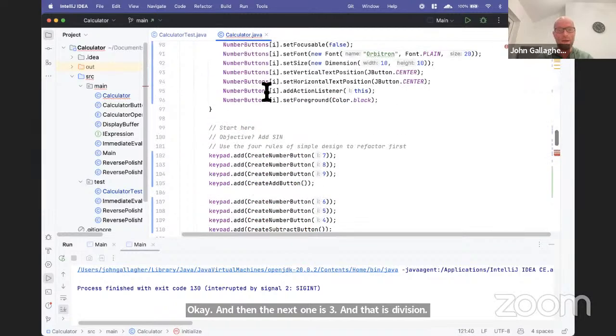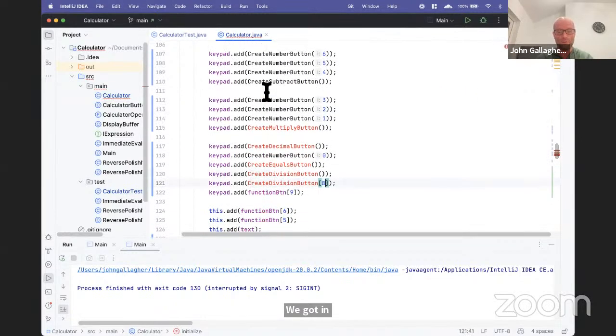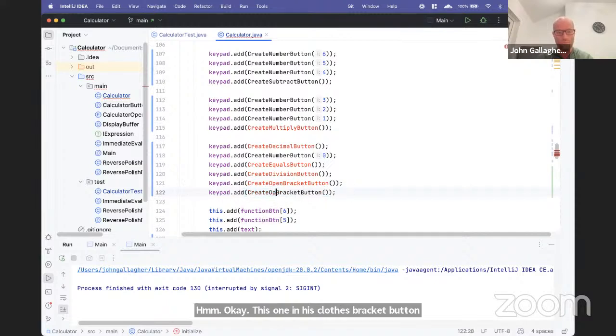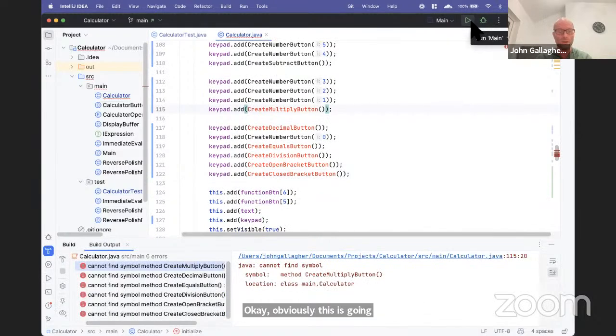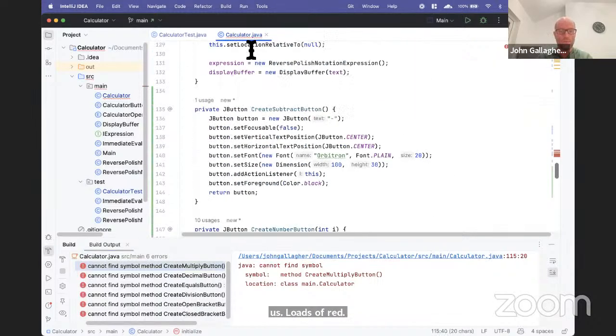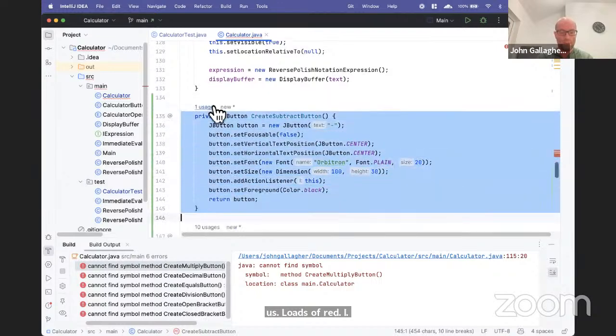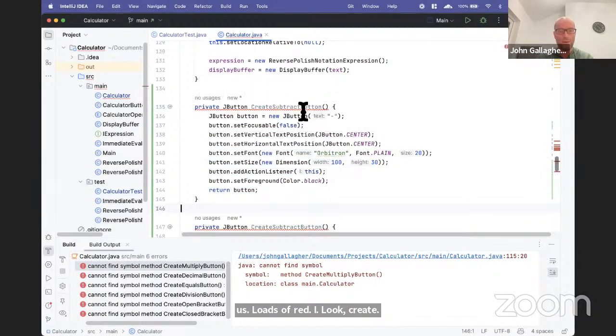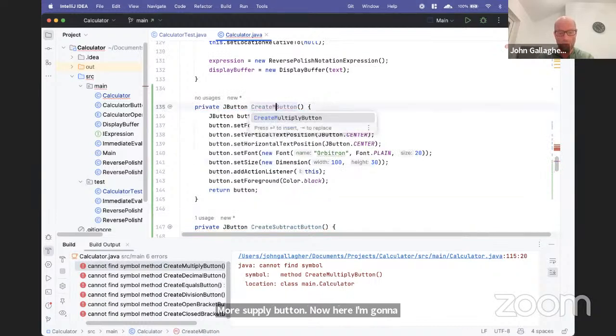We're getting there. 8 is open bracket button. And this one is close bracket button. Okay. Obviously, this is going to be really unhappy with us. Loads of red. I'm going to put create multiply button. Now here I'm going to start to, you could say cheat, or you could say use